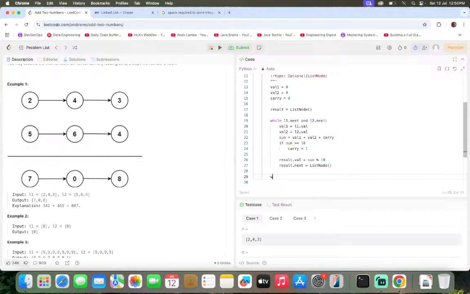Yeah, this is correct. Now we need to do for, suppose there are only two elements, that either of these loop terminates, then we need to just check in the,